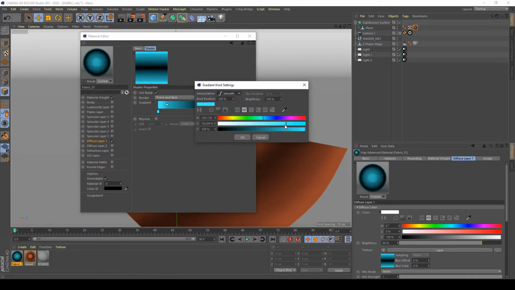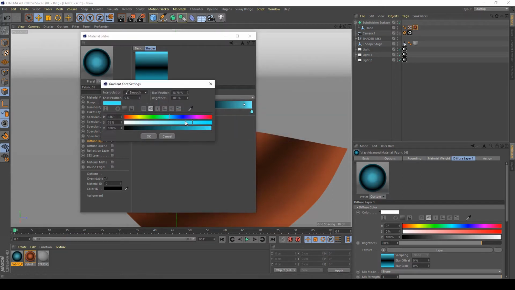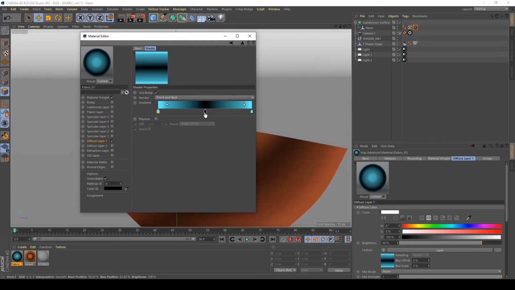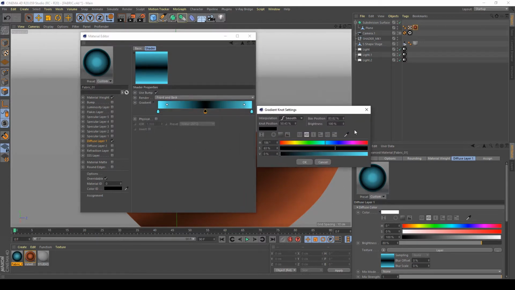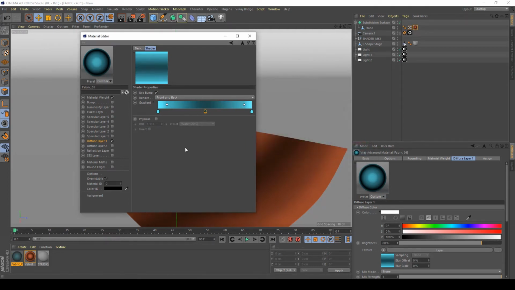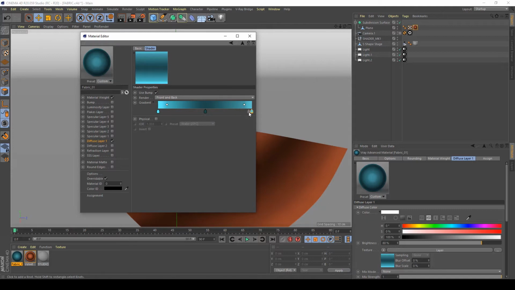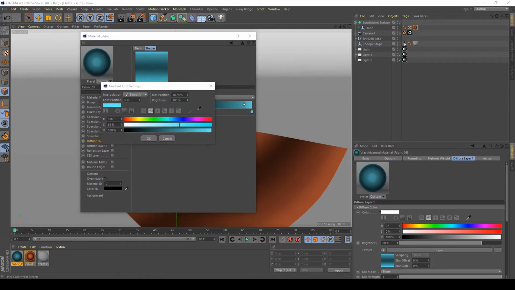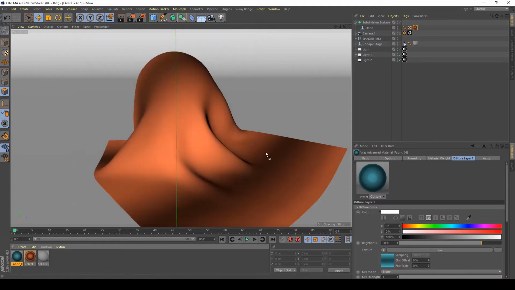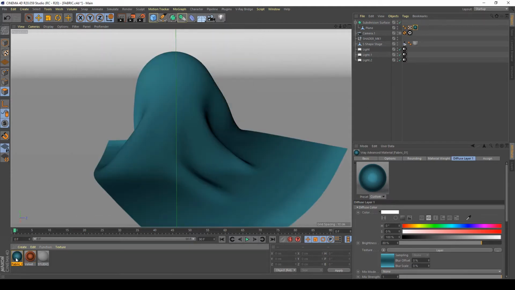Maybe it's a little bit shiny, so reduce the intensity of the saturation, and maybe we can try little tricks to create a smoother transition between these colors. Yeah, good. So take this and pick the same color here. Good. And apply this basic material to my